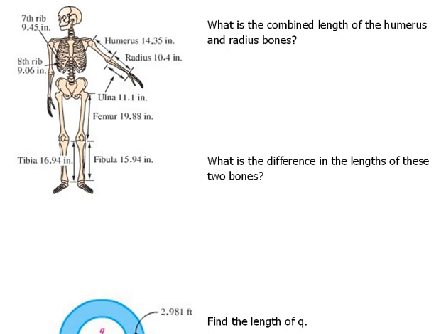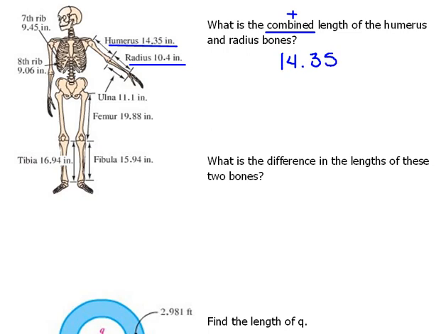Okay, well, to figure that out, first of all, we need to know what the humerus and the radius bones are. So here's the humerus, and here is the radius. Okay, so if they want to know the combined length, that's telling us that we're going to be adding two things. That's a key word for addition. So if the humerus is